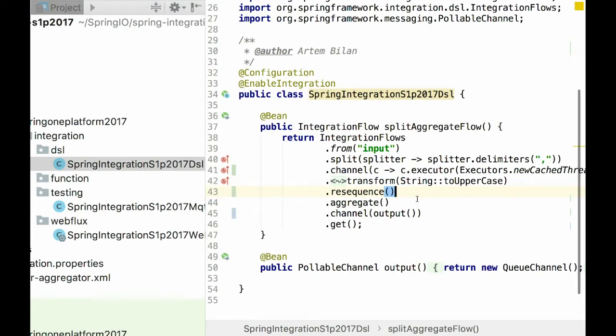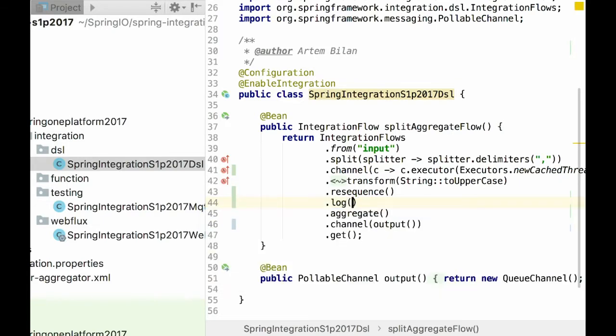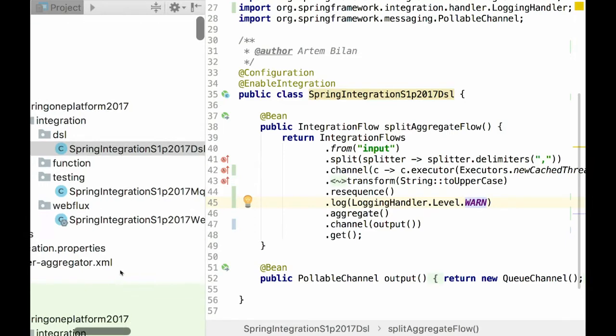Also, we have new components like one for logging, for example. And we can see each message in the logs.